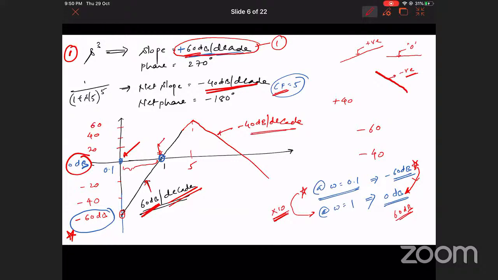I hope you got that. This is what we call the magnitude plot, guys. But let me tell you the reality. The reality is, you know what? For this whole scenario,